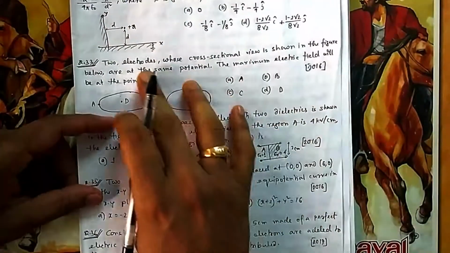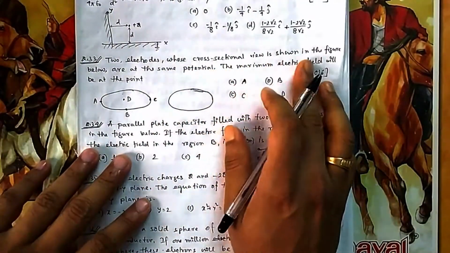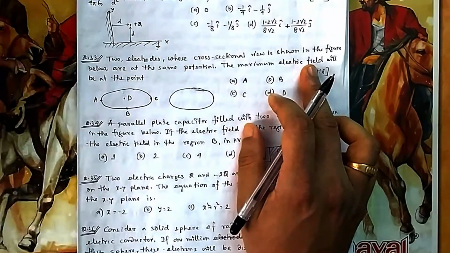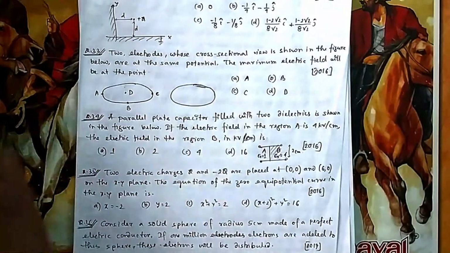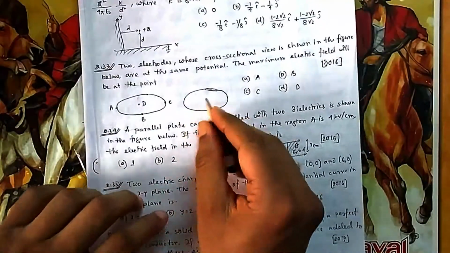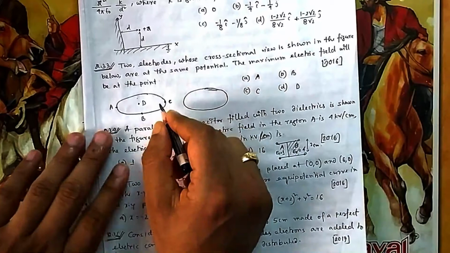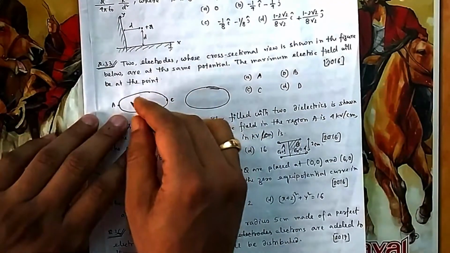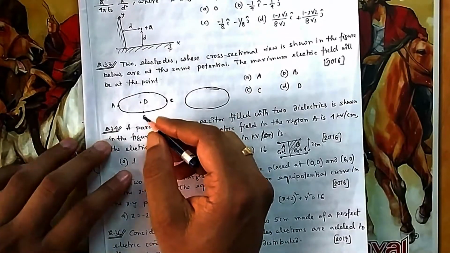Now if you come to 33, the electrodes whose cross-sectional view is given below are at the same potential. What will be the maximum electric field here? Because they are at the same potential, you can consider both as positive. Because it is an equal electrode, inside this there will be no